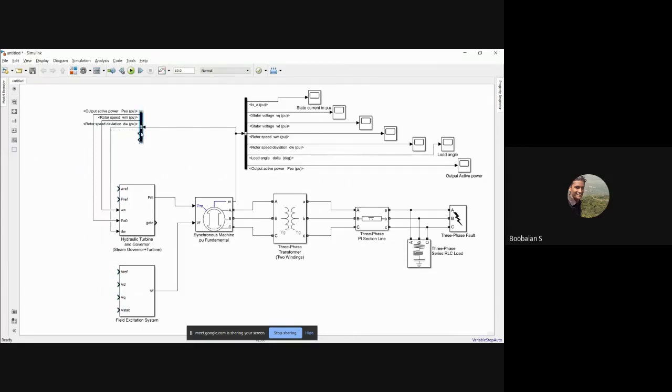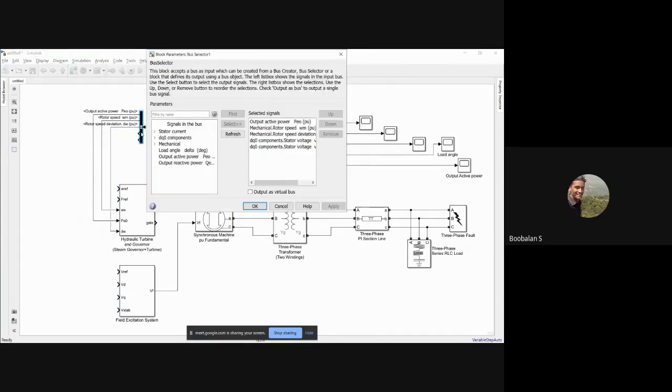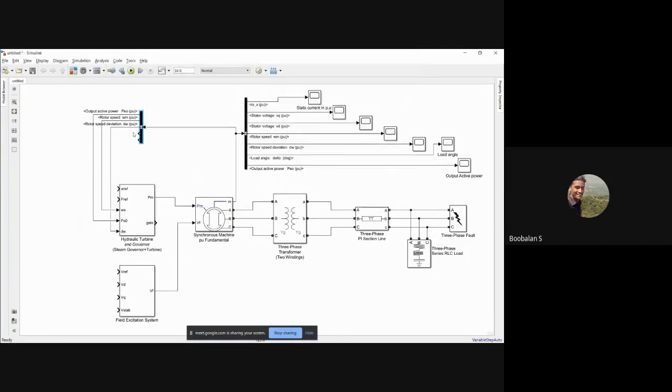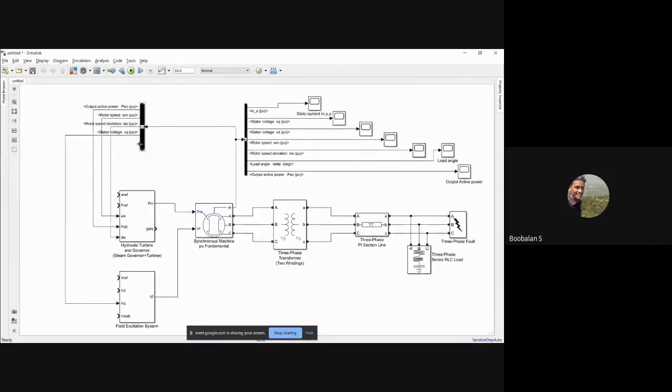The first one is now, I guess, VQ, so we need to verify that. The first one is VQ, V suffix Q. So now I'm just going to connect it to the VQ terminal. This is my VQ, and the last one is now VD. This is my VD, just connected to the VD terminal.